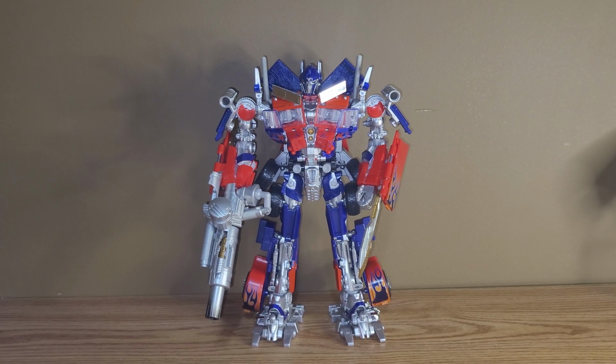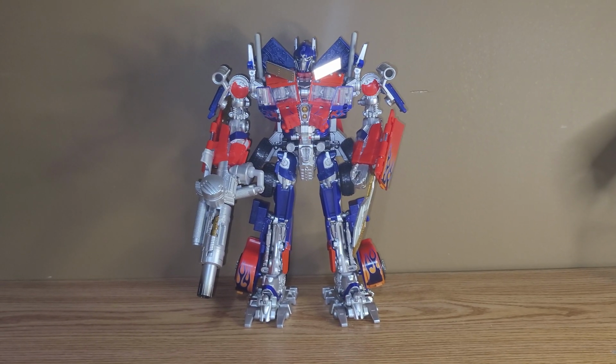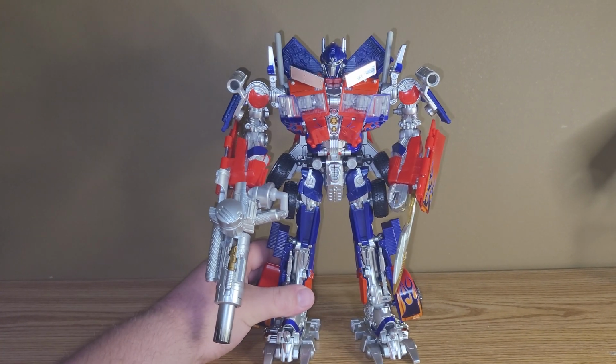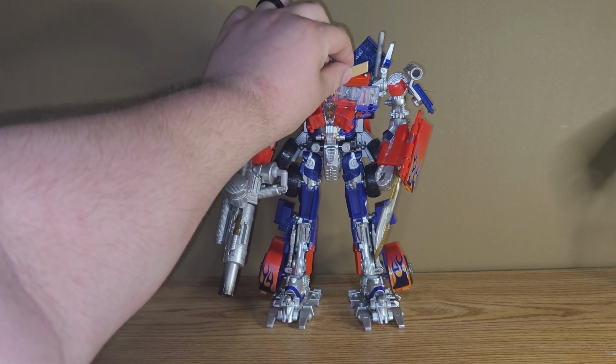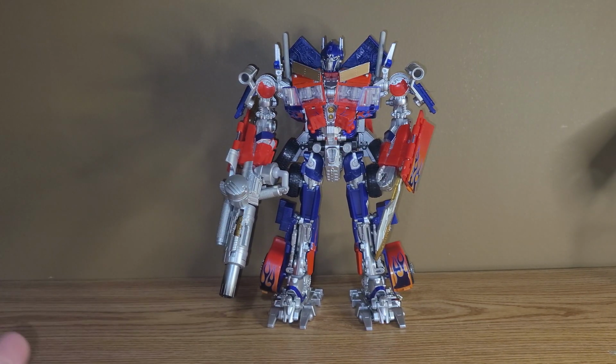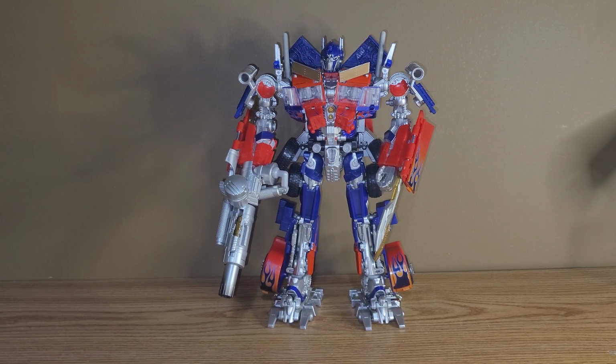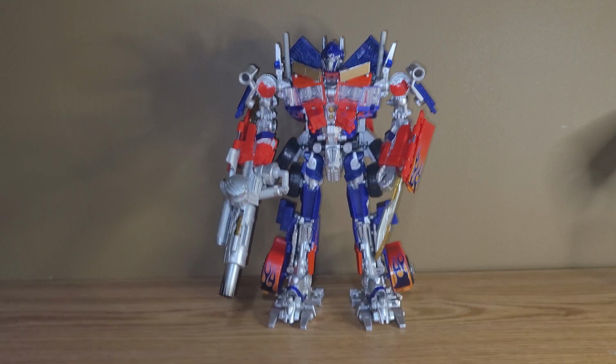So, in my opinion, like I said many times throughout this review, I think this is by far the best representation of the movie Optimus Prime that we have gotten. Specifically this mold. So I think it beats the official NPM figure. It definitely beats any of the Studio Series figures. This is definitely, in my opinion, the best one. Now, versus like the Wei Zhang, I think it was Thunder Leader or something, and the Black Mamba upscaled version,